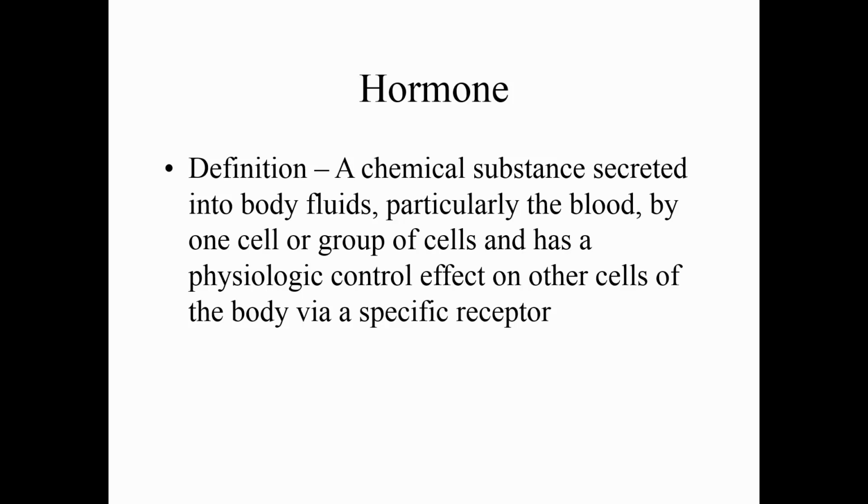Typically when people are thinking about endocrine substances, they're thinking about the blood, but hormones can be secreted into the extracellular fluid and talk to a neighboring cell. An endocrine gland is one cell or a group of cells that produces a hormone. So for example, there were one-celled glands in the wall of the GI tract that could produce endocrine secretions, or you could have a whole gland, the islets of the pancreas or the parathyroid gland, or any number of things. That chemical agent goes into body fluids, particularly the blood.